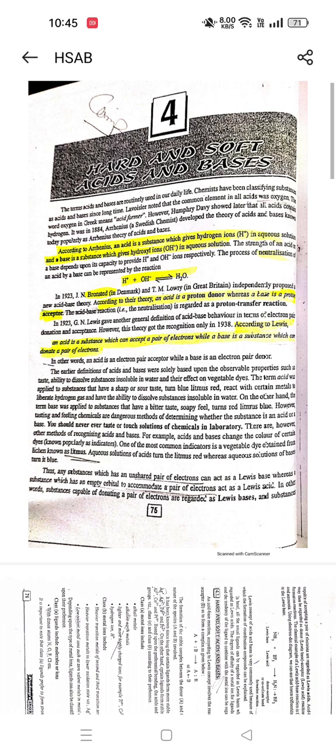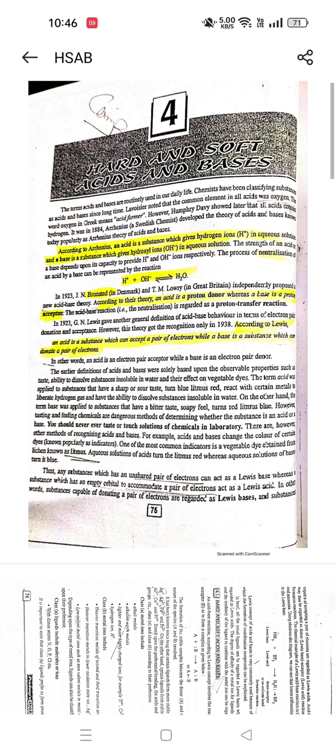The earlier definitions of acid and bases were solely based upon the observable properties such as taste, ability to dissolve substances insoluble in water, and their effect on vegetable dyes. The term acid was applied to substances that have a sharp or sour taste, turn blue litmus red, react with certain metals to liberate hydrogen gas, and have the ability to dissolve substances insoluble in water. On the other hand, the term base was applied to the substances that have a bitter taste, soapy feel, turn